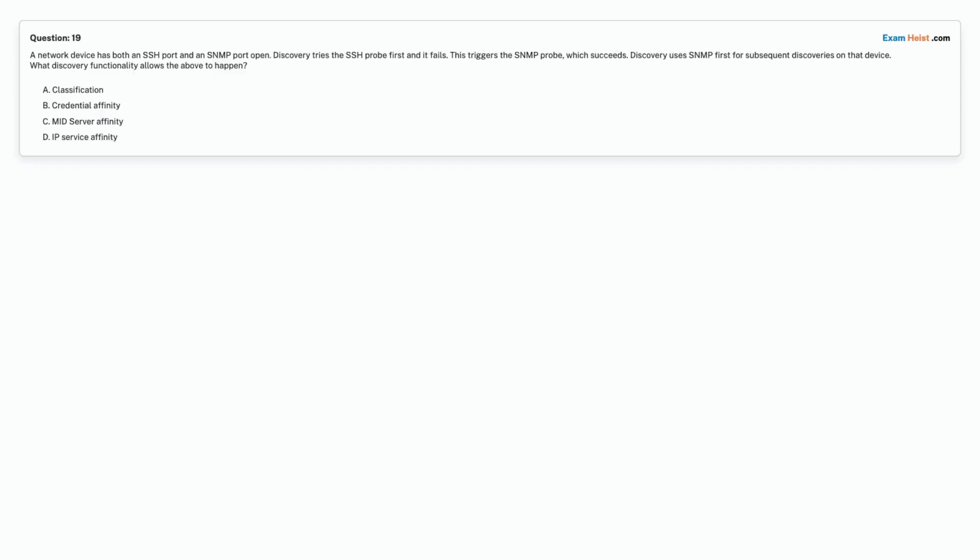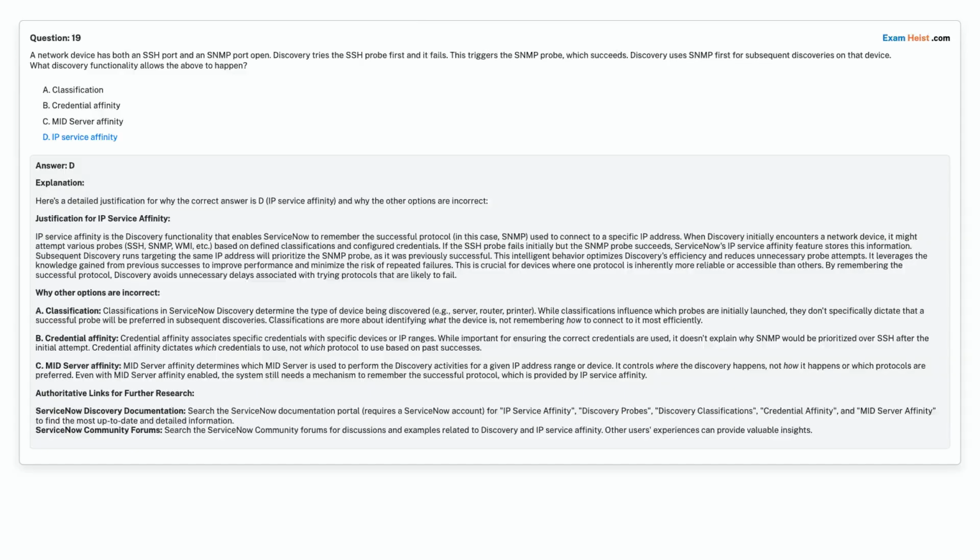What discovery functionality allows the above to happen? Option A. Classification. Option B. Credential affinity. Option C. Mid-server affinity. Option D. IP service affinity. Choose the correct answer. Correct answer is option D. IP service affinity.